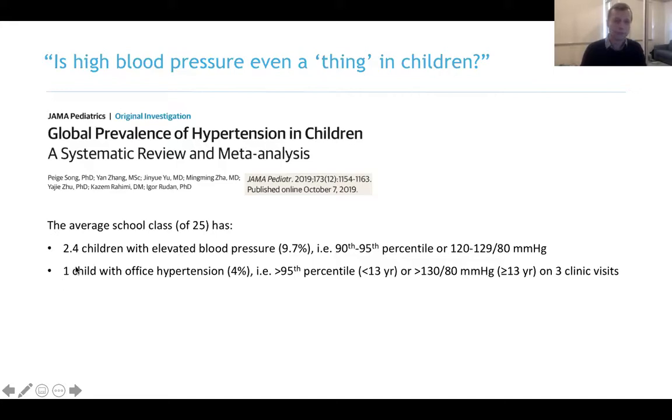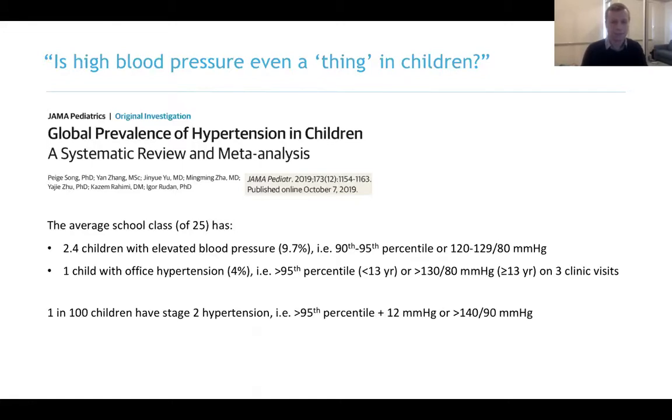On top of that, there'll be one child in that class who has office hypertension. That's around 4%, and that's greater than the 95th percentile, or 130, and it requires 3 clinic visits to establish. So if you think about an average class size having maybe 3-4 children who have elevated or hypertensive blood pressure, that is a thing. We also have 1 in 100 children who have stage 2 hypertension, which is defined as greater than the 95th percentile plus 12 millimeters of mercury, or more than 140. And this is really something that needs to be